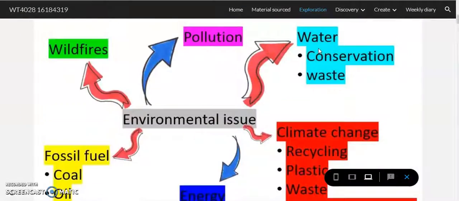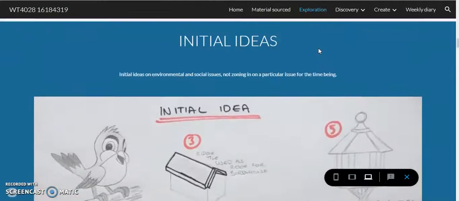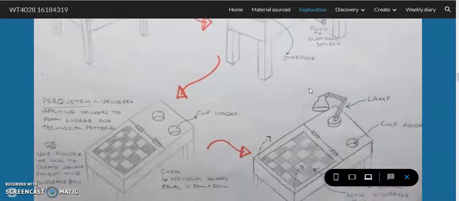So just going on then, exploration. It's very similar to the PowerPoint. It's just laid out differently. Environmental issue, social issue, initial ideas. So these were my initial ideas on environmental and social issues, not zoning in on a particular issue for the time being. And then